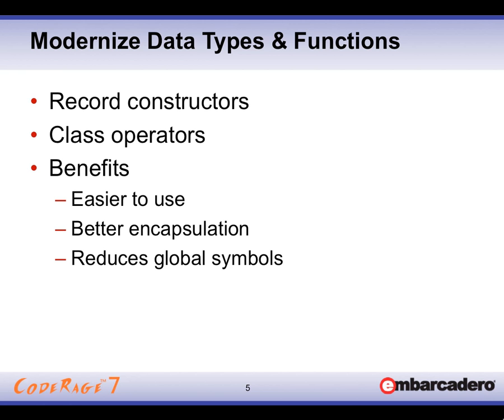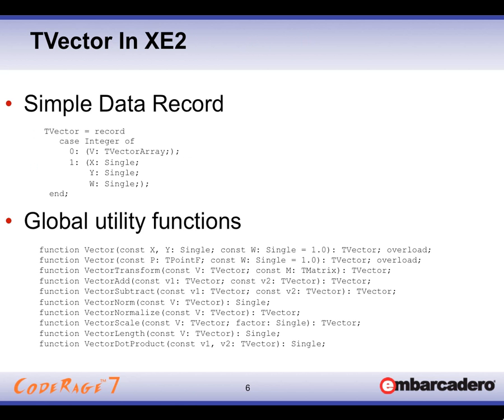Let me give you an example. Let's look at the TVector type. In Delphi XE2, you can see that TVector was just a simple data record storing 3 floating point values. There were also a whole bunch of utility functions for making a vector record and for manipulating it and doing vector math. There's actually a whole lot more functions than what's shown here, but this is just an